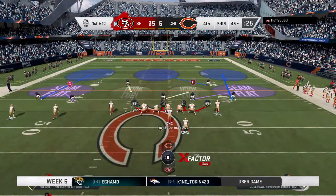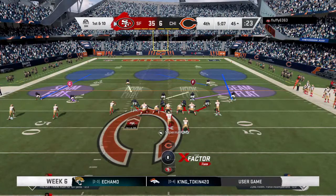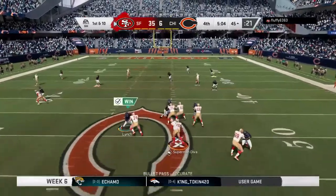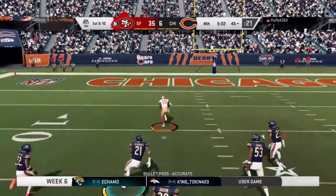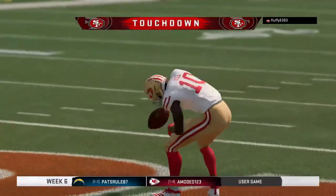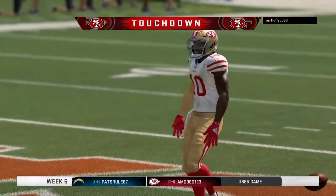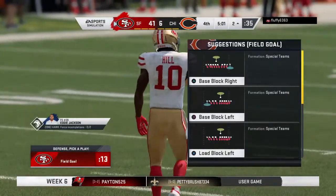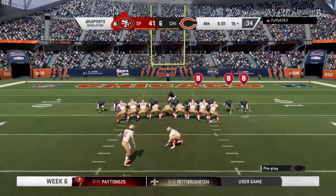Charles, you said earlier this defense is probably going to need to hold these guys right around 20 or under if they were going to have a chance. It was evident pretty early on that wasn't going to happen. Yeah, they left 20 behind the wall. Touchdown, 49ers. Tyreek Hill, his 3rd touchdown of the game, number 19 on the year,